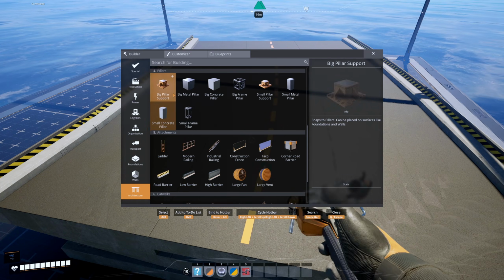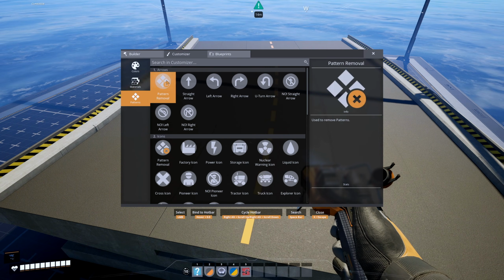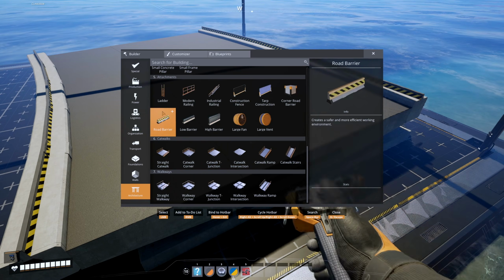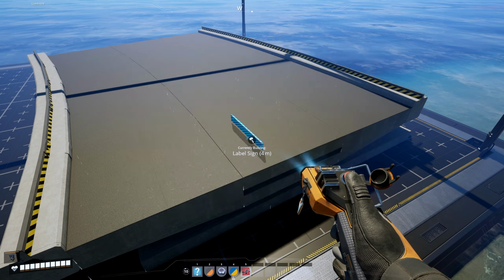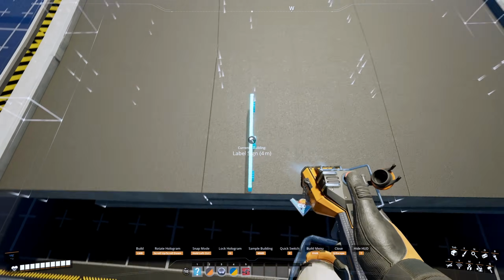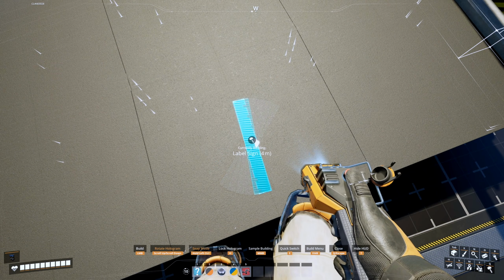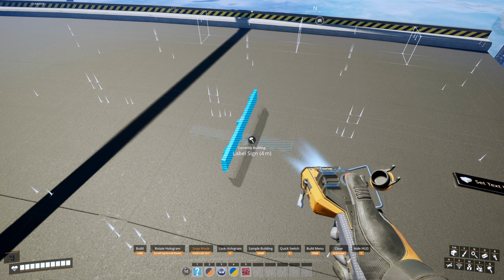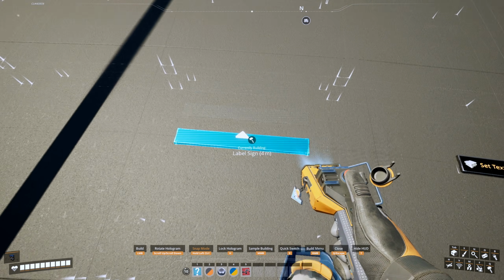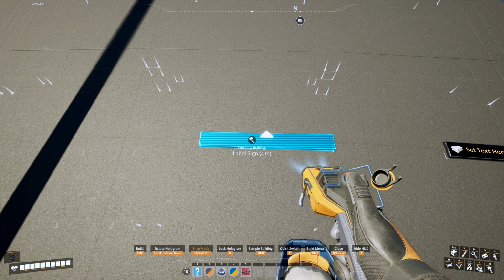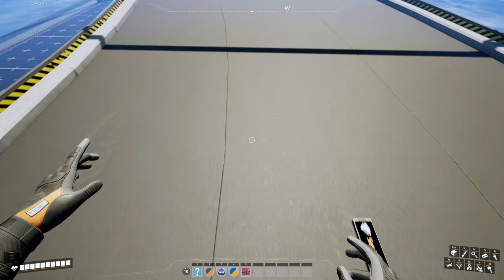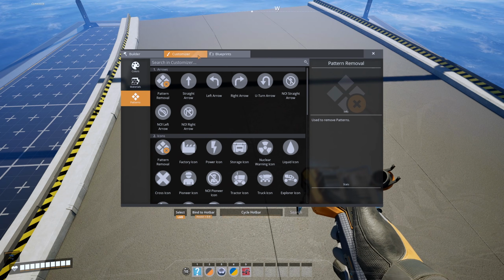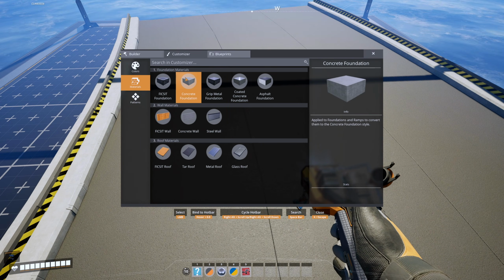So let's do something else, which is what I did on mine, because I wanted to have more freedom when it comes to placing road markings. So I swapped out the road markings for signs actually. So we're going to place this one on the middle foundation. And to be able to get it to go flat like I'm doing right here, I'm just pressing left control. If you press and hold left control, you'll see it will swap to snapping to the foundation. And just to make sure, since we're working in a blueprint, we want to make sure this is 100% good. I'm actually going to switch this over to concrete,